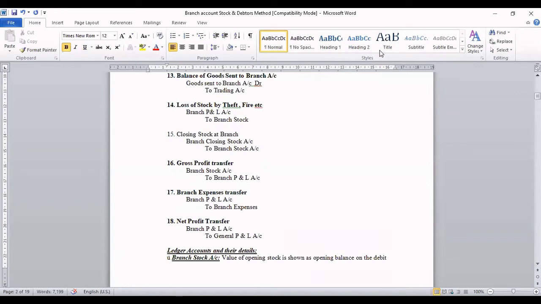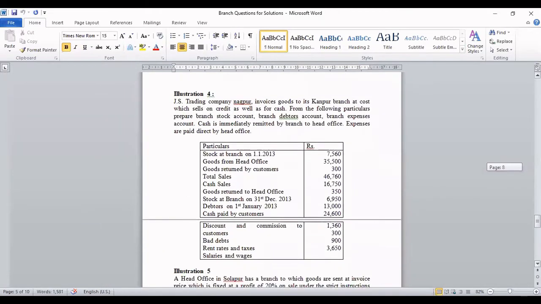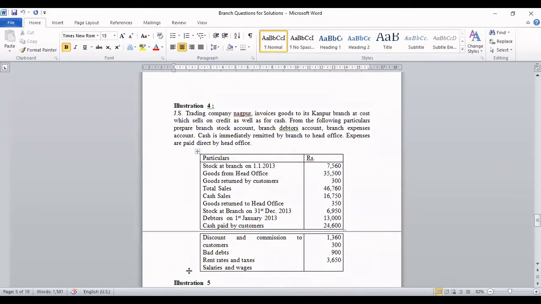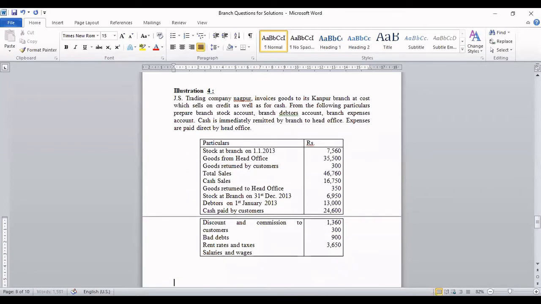Don't worry. So should I stop the screen now? Should we start the question? Yes, sir. Okay, fine. So come to the fourth. I want one student to quickly read this question. Let's start the question fast. Illustration 4. JS Trading Company Nagpur invoices goods to its Kanpur branch at cost with sales on credit as well